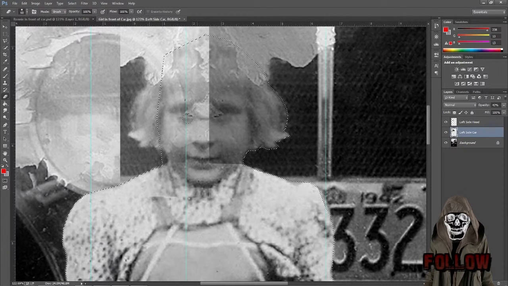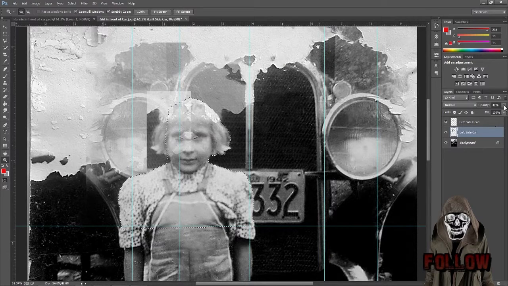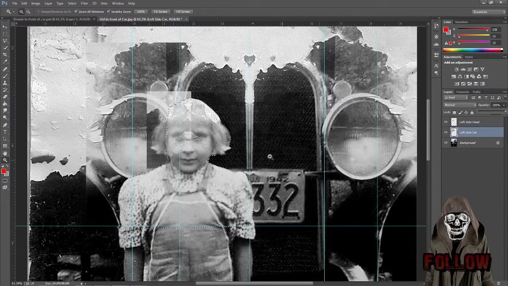So I'll take my eraser again. I'll come in, and you can see how it erases nicely. Like that. Now I can keep going because the other image is actually over top of it. So if I take that, back out a bit, and then increase the opacity, now you can start seeing, yeah, see how those hard lines,